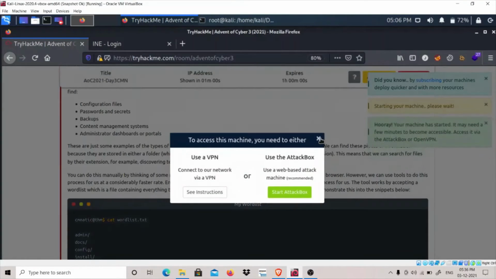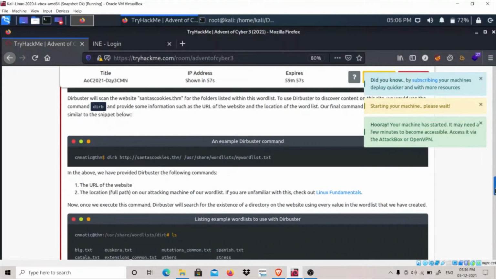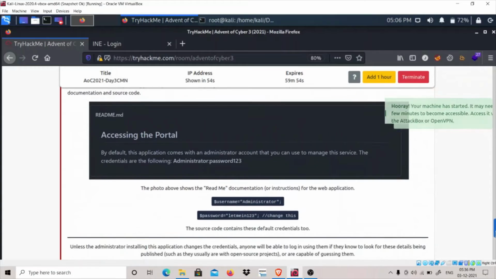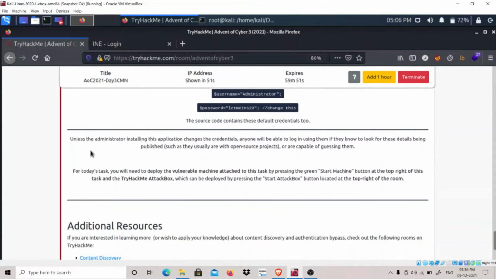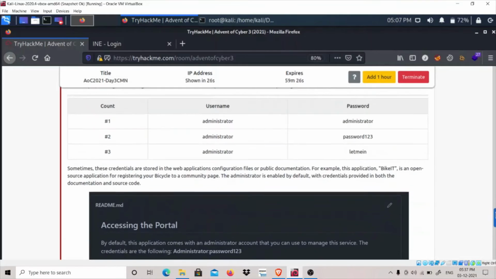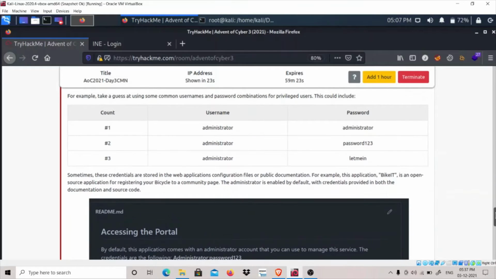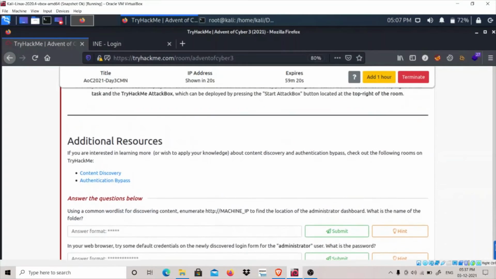And let's go down. Okay, now where were we? We were at default credentials. Unless the administrator installing this application changes the credentials, that's what I'm saying, the one who is managing the website, the administrator, forgets to change the default credentials sometimes. So you can log in to a website, and even will be able to log in using them if they know to look for these details being published, such as they usually are with open source projects, or capable of guessing them. So this is a GitHub page of Bike IT, which is an open source application, and additional resources,